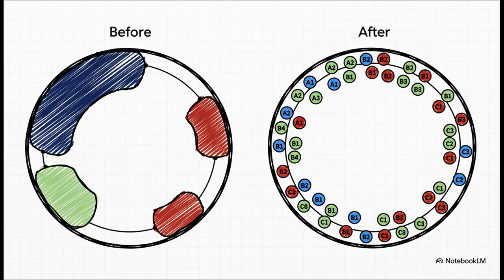Well, it's brilliant. Instead of putting each physical server on the ring just one time, we pretend it's many different servers. We give it lots of virtual spots. So server A isn't just one point anymore, it's A1, A2, A3, a whole bunch of points scattered randomly all over the ring. By doing this, we basically smash those big uneven gaps into tons of tiny little pieces. The result? A much more balanced distribution of data.